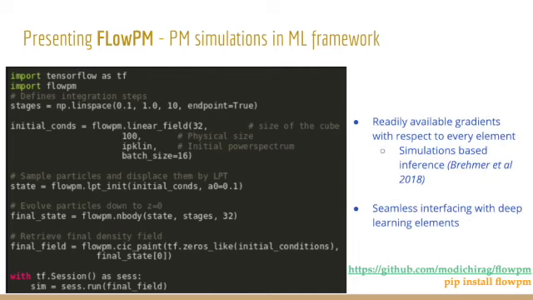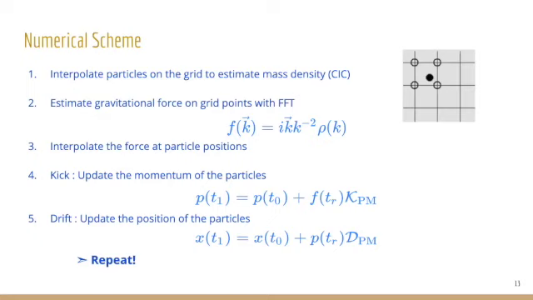Given that it is in TensorFlow, the gradients are readily available, and more importantly, they are available with every component of the simulation, not necessarily only the initial conditions. So if you want to throw in a bias model or something and want gradients with respect to that, that can also be achieved super trivially. And you can also open the box of the n-body simulation and use gradients with respect to intermediate latent variables, which can help you with simulation-based inference. And of course, because it's in TensorFlow, you have deep interfacing with deep learning elements.